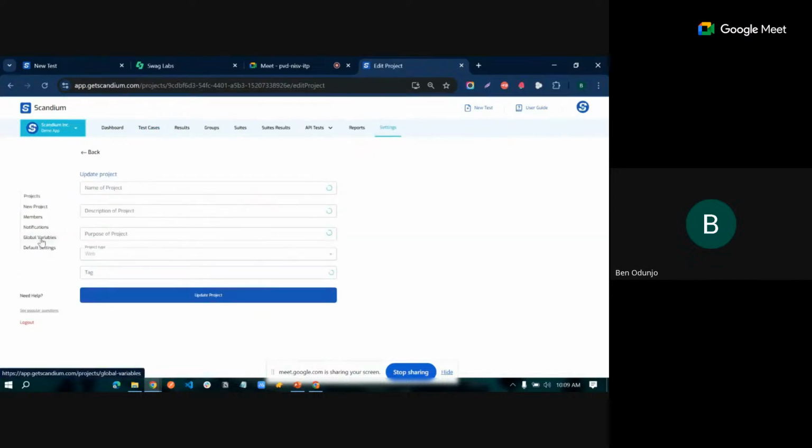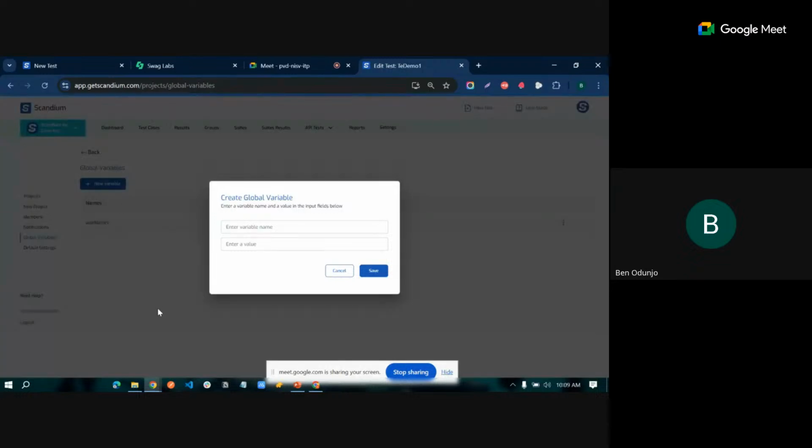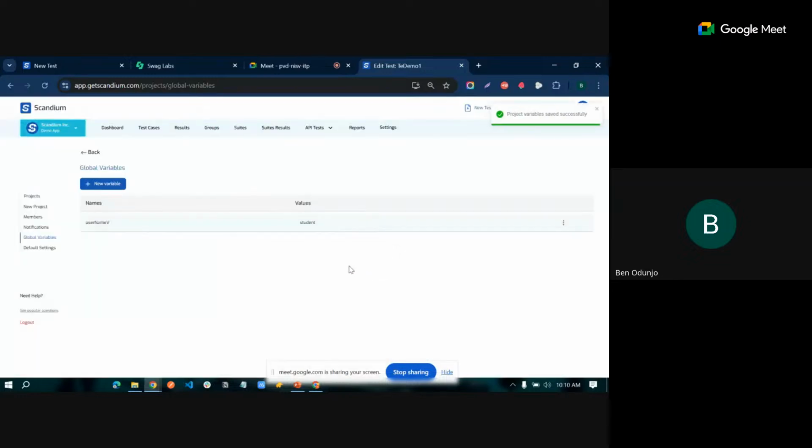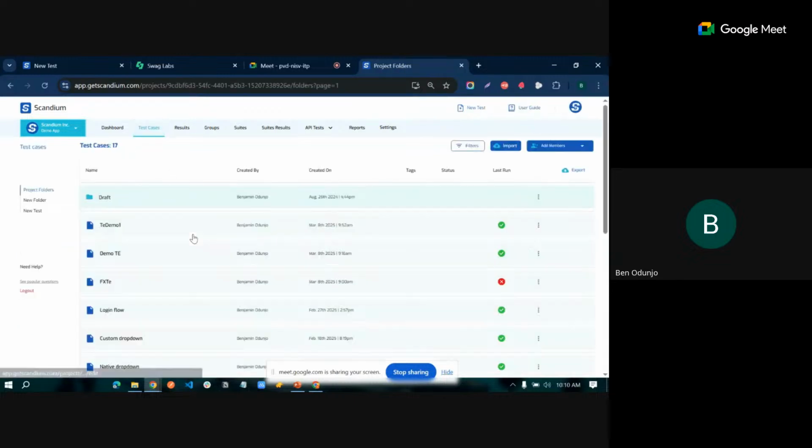We have our global variables, and we can click on add new variable. So give it a name. Say I'll just use this as G, and I need this to be 7. I'll click on save. This is it. So back to our test. If I go back to our test,